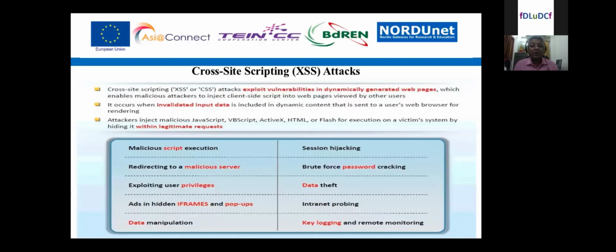And mainly it occurs when unvalidated input data is included in the dynamic content that is sent to the user's web browser. The attacker injects malicious JavaScript, VBScript, ActiveX, this sort of script, into the victim system by hiding within the legitimate request. So in cross-site scripting, what do the attackers do? Attackers try to